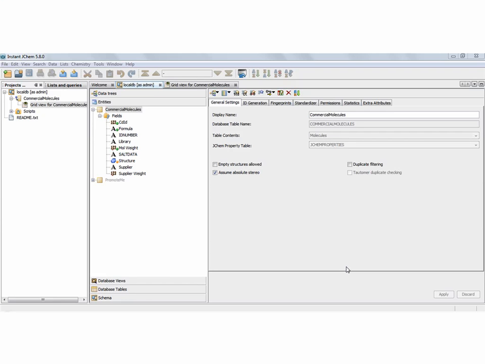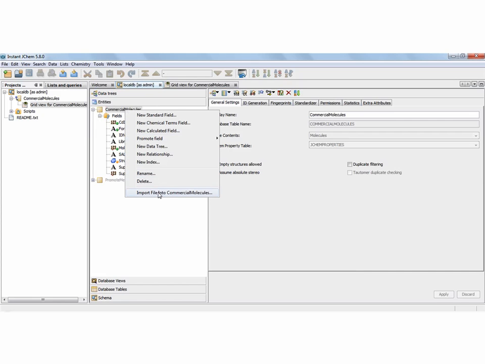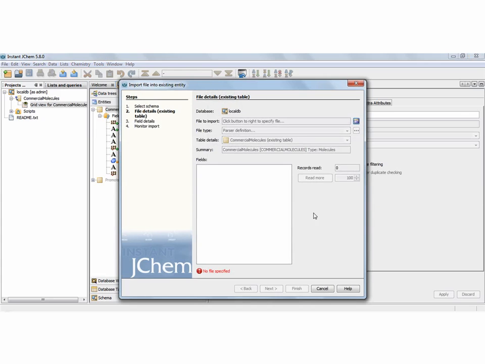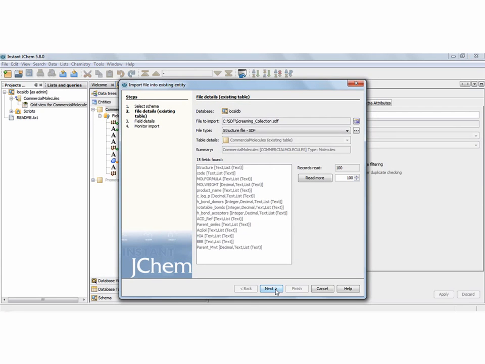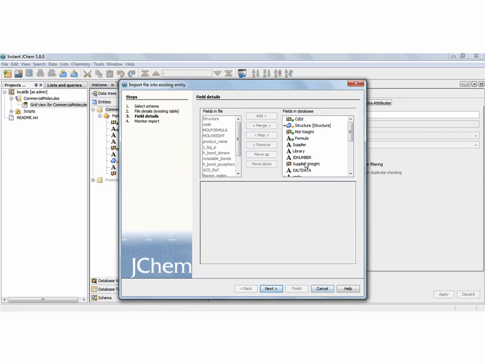We will add a final file to our commercial build. Do this of course by right clicking on our entity, selecting import file into commercial molecules, and then selecting the file of interest, the Maybridge screening collection, and then select Next. Of course, first we will add some defaults. In this case we will use the acronym MAY, and you need to choose something suitable. We will use SCR,